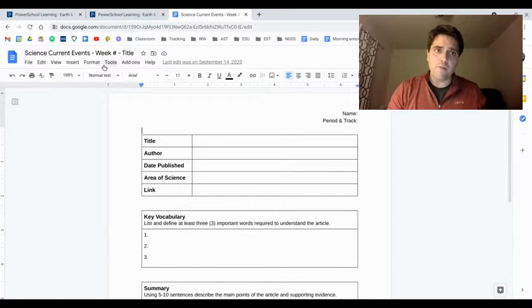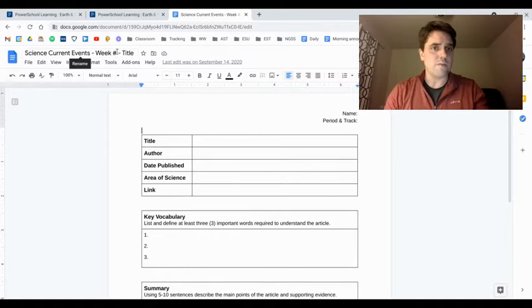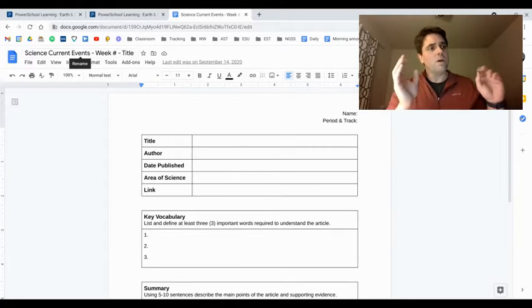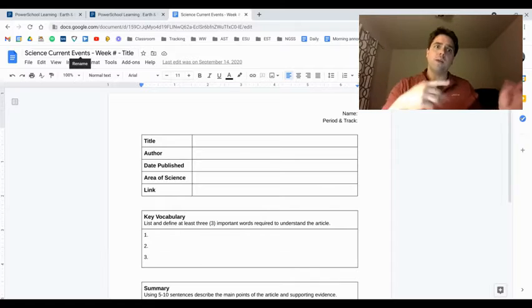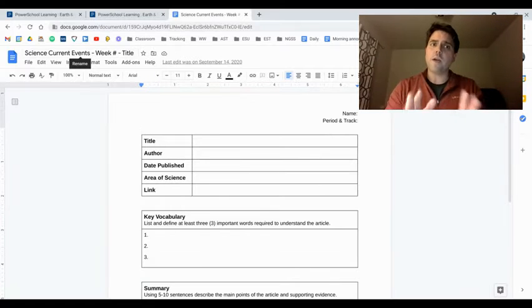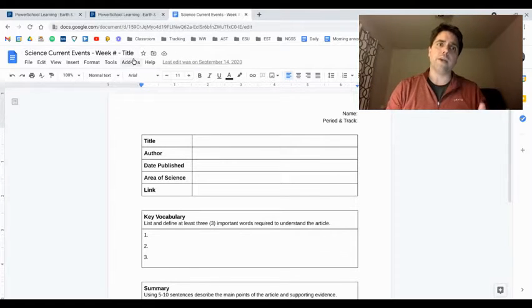Get rid of "copy of," put the week number. We're looking at either week 17 or 18. I think right now we're on week 18, so just put week 18 in there. That's fine, because track A folks did this in week 18. Track B folks did this in week 17. So for you guys, you're in track A, put week 17 in there. Make sure you put the title of the article in there so you know what the heck the document's all about. Okay. And then fill in the document.